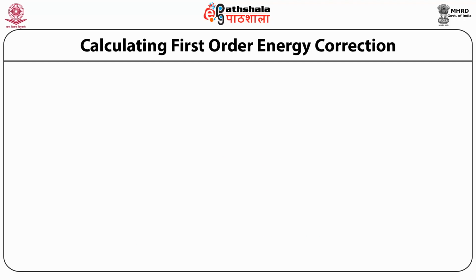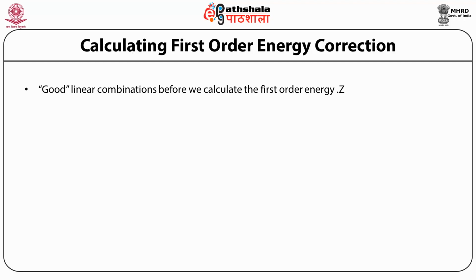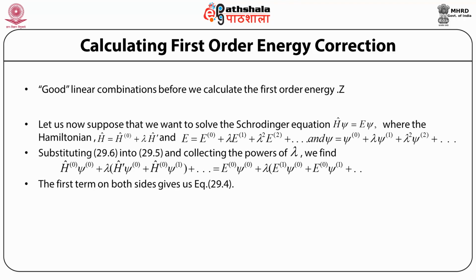Calculating first order energy correction. Good linear combination before we calculate the first order energy. Let us now suppose that we want to solve the Schrödinger equation H psi equals E psi, where the